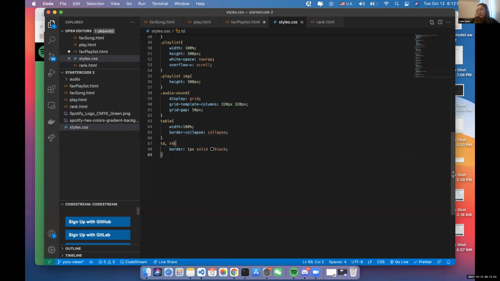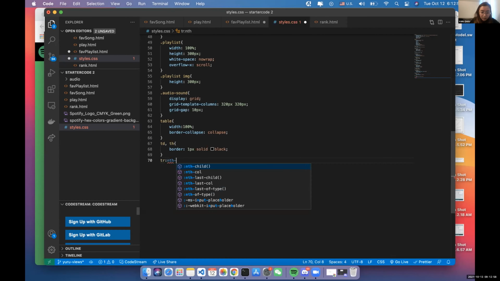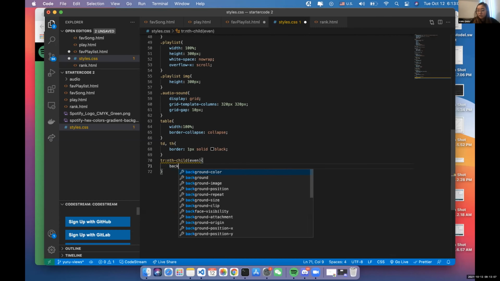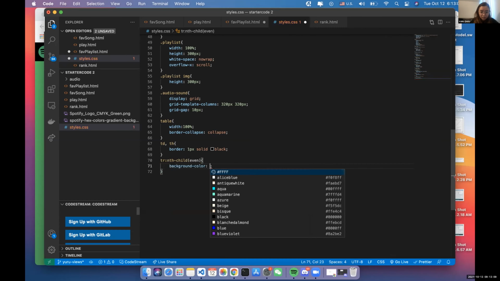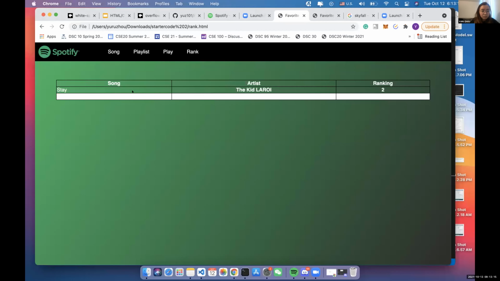And then just an extra styling: we want to pick the even child, the even child of the table, to have a different color. So background color, I want this to be maybe white. So let's save it and update it. So now all the even rows have a background of white,